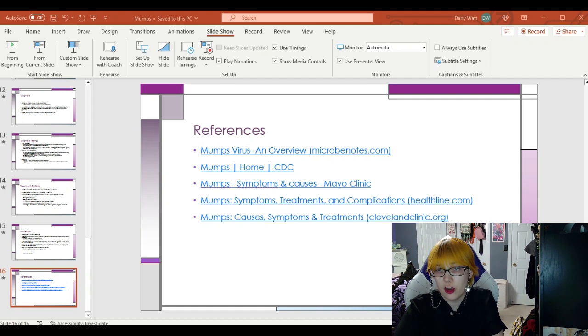And then here are my references. This first one, this was an absolute godsend. That one was more about the virus itself rather than the disease as a whole. And then I also used a lot of the information from the CDC, including that chart of the outbreak cases in the USA by year. That photo came directly from the CDC. And yeah, thank you.